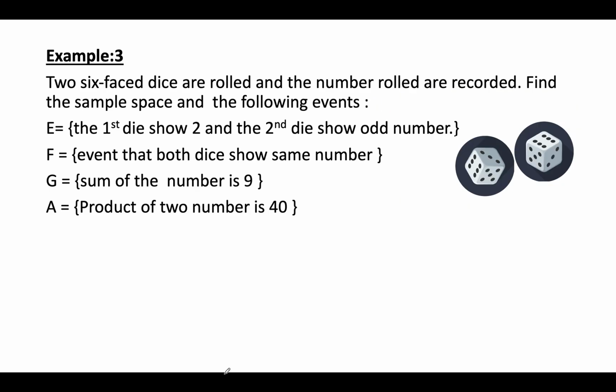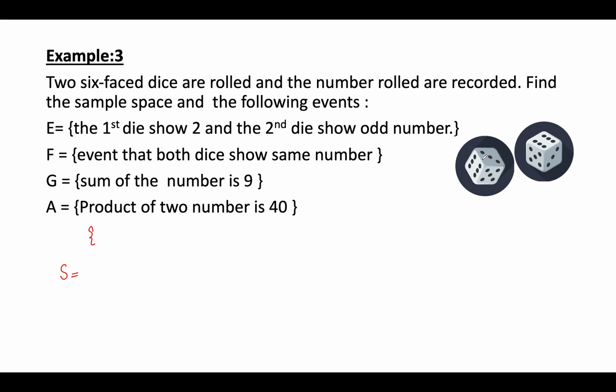Okay, another experiment is here. How about if 2 six-faced dice are rolled and the numbers rolled are recorded? Now to find the sample space of the following events, I need to find my sample space first in order to find those events. So the sample space of this event is,